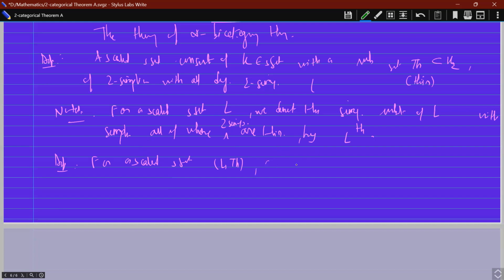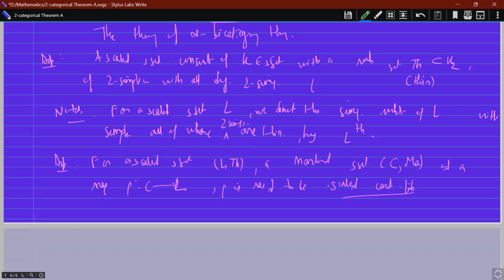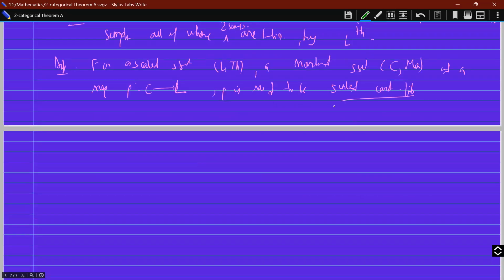Okay, and you take a marked simplicial set, let me call this C and A for the markings, and a map P from C to L. P is said to be a scaled Cartesian fibration